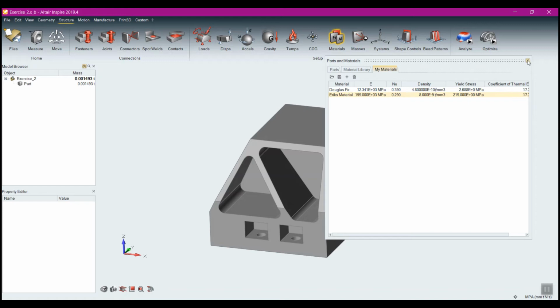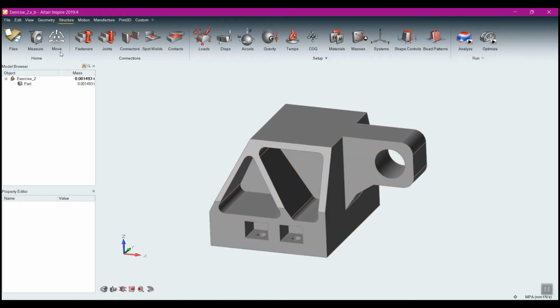scheme. And in fact, if I come to my part here and take that same measurement that I had before, you can see now it's showing it as 70 millimeters. The great thing about units within Inspire is they are entirely seamless. I can switch units at any point in time, countless times through working on the model, setting it up, analyzing it, post-processing it, and